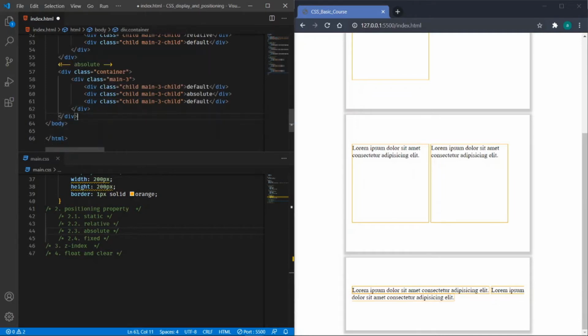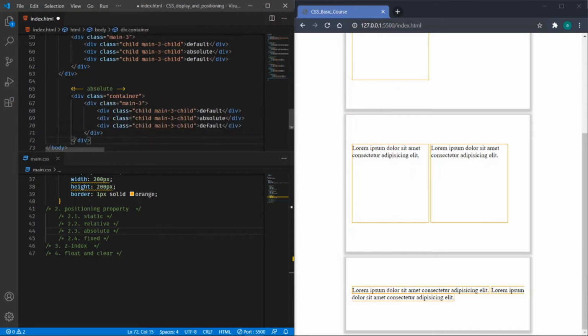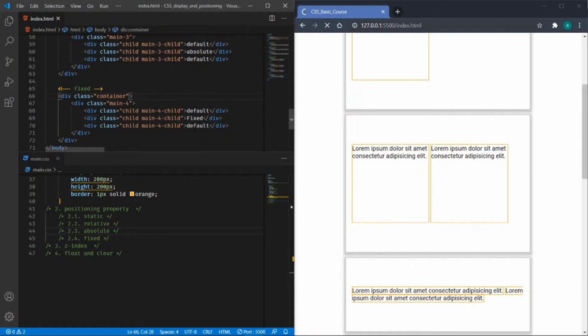Next comes the fixed. For that I will use the main 4 container and main 4 child. I will write it fixed so that whenever we see it in the browser, we have a clear glance at which container has which styling.